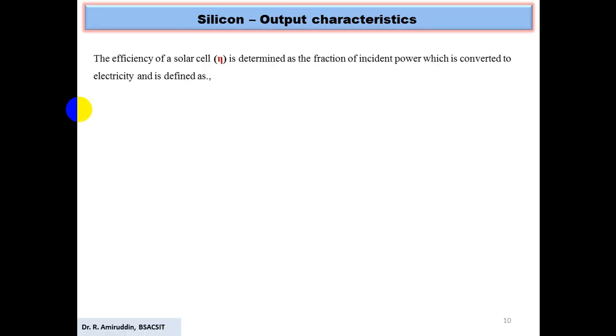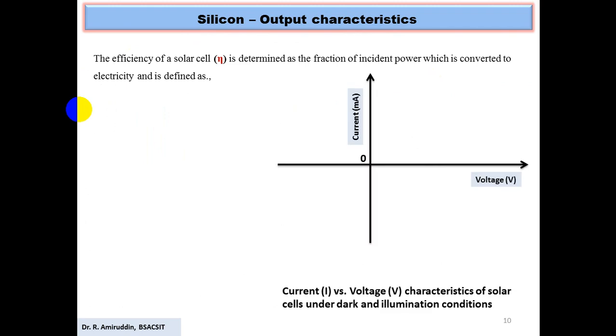So let us analyze the output characteristics of the silicon solar cell, and to understand the output characteristics we need to study the voltage versus current characteristics of silicon based diodes. The solar cell is again a p-n junction, so it has a rectifying voltage versus current characteristic, and it is displayed over here. This is also a p-n junction which allows the flow of current only in forward bias and restricts the flow of current under reverse bias condition.